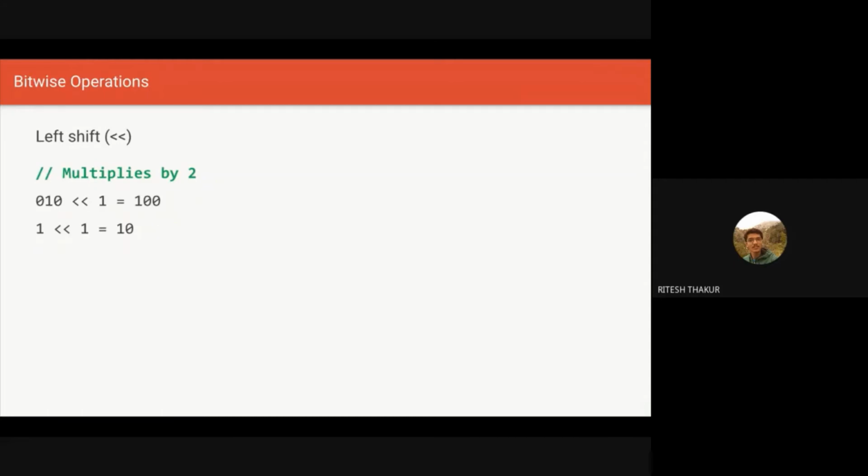And then we have right shifting, which is the opposite of it, in which we shift everything to the right. So for example, let's take this one. 1 0 0. So this is 4, not 100, this is 4. And when we right shift it, it becomes 0 1 0. This is 2 in binary. So here we are dividing by 2, because we are shifting the powers of 2 to the right. And because of that, everything is being divided by 2. So when we, let's say, do 8 right shift 1, the answer would be 4. So that's left shift, right shift.